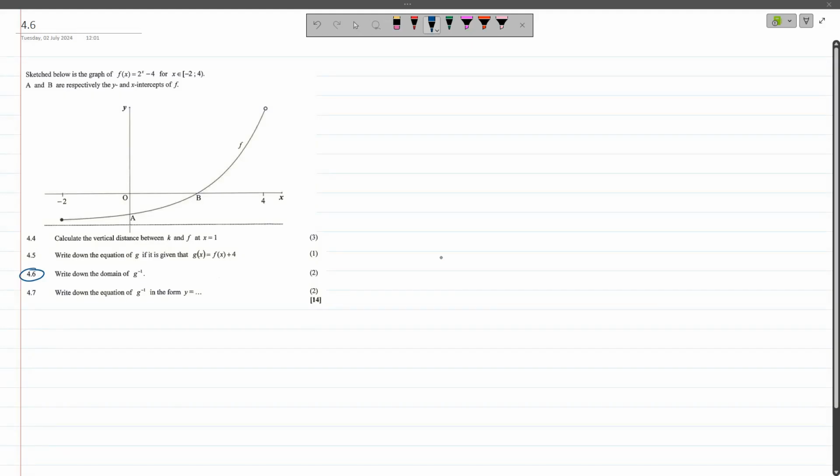Question 4.6 says write down the domain of the inverse of G. So the inverse of G will be such that we first need to actually visualize what G would look like. So if it starts over here, that would be the same over here. Then it goes, see, something like this. So the inverse of this function